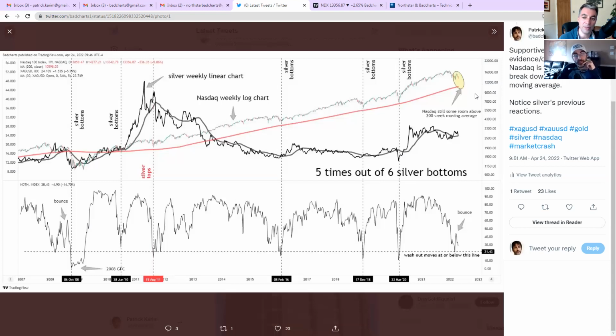Some type of nasty event could unfold here that causes problems across the markets generally, including precious metals. The precious metals certainly wouldn't be immune from a broader market sell-off. It's just that all of the charts are pointing to the fact that, medium to long term, precious metals are incredibly bullish. So,